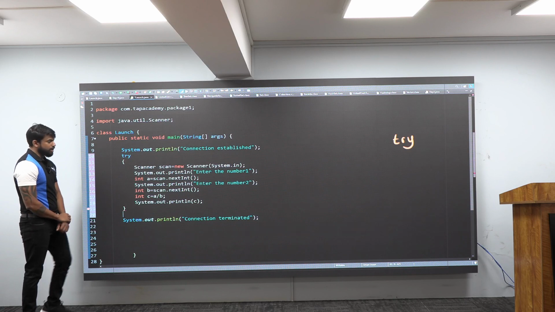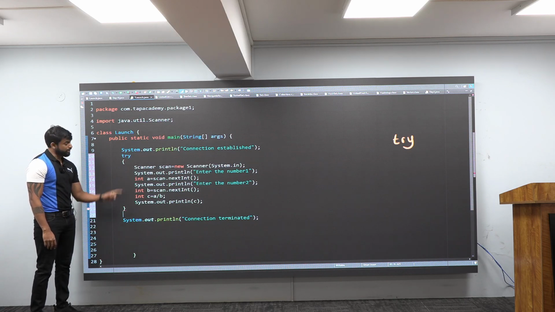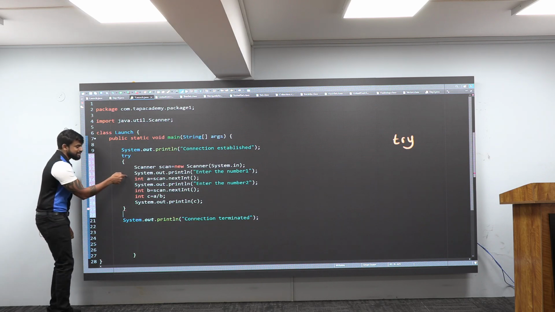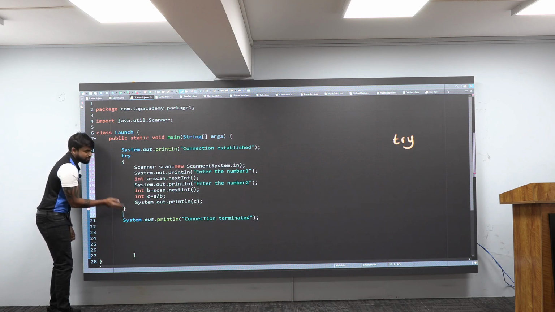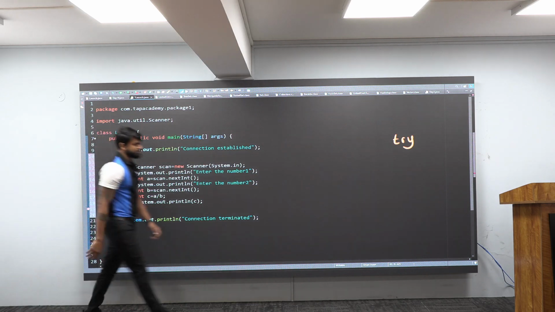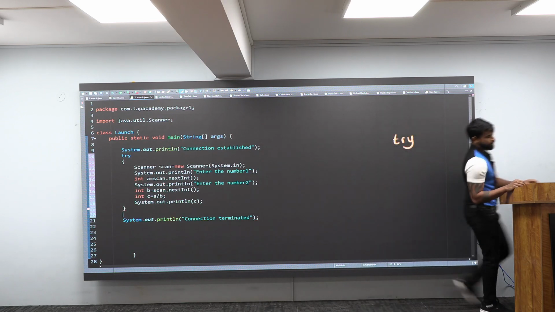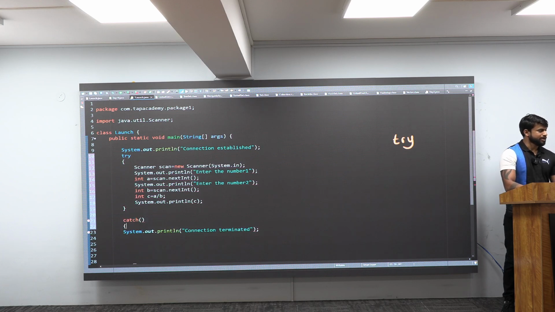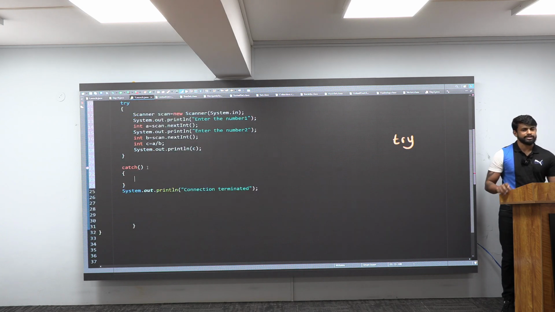Great. When you put it inside a try, you can notice there is an error. Why, sir? Because there is a Laila, but for Laila, she needs Majnu also. Who is the Majnu for Laila, sir? Catch is the Majnu for Laila. If Majnu is not there, 100% she will not be happy. If she is not happy, she will say, I can't work, I'll just sleep. Okay, sir, what will we do then? Bring the Majnu. That's it. Who is the Majnu, sir? Watch it. That is catch. You open the simple bracket, close the simple bracket, and hit it like this. Catch, you should write it in this way.